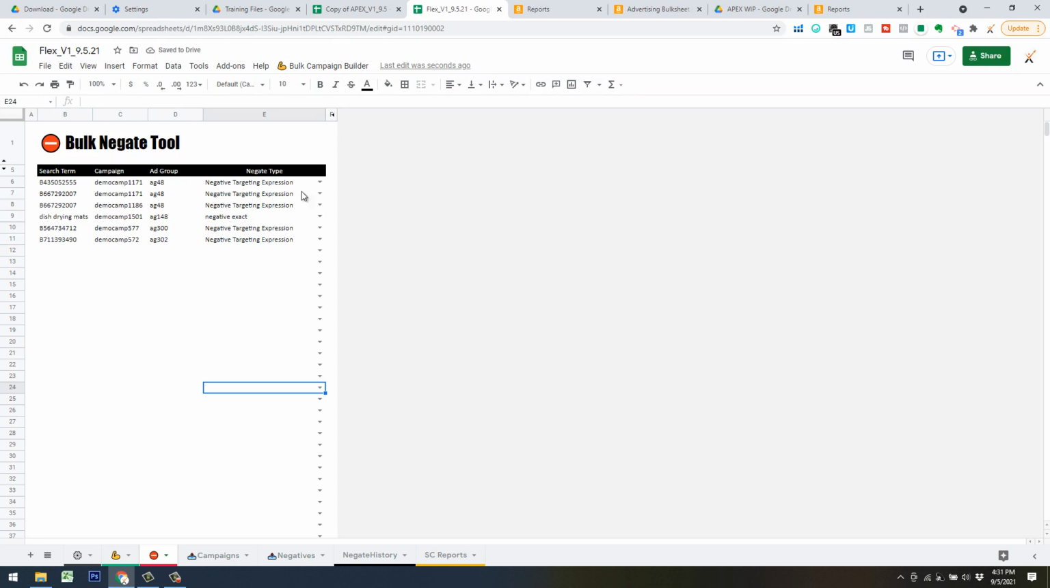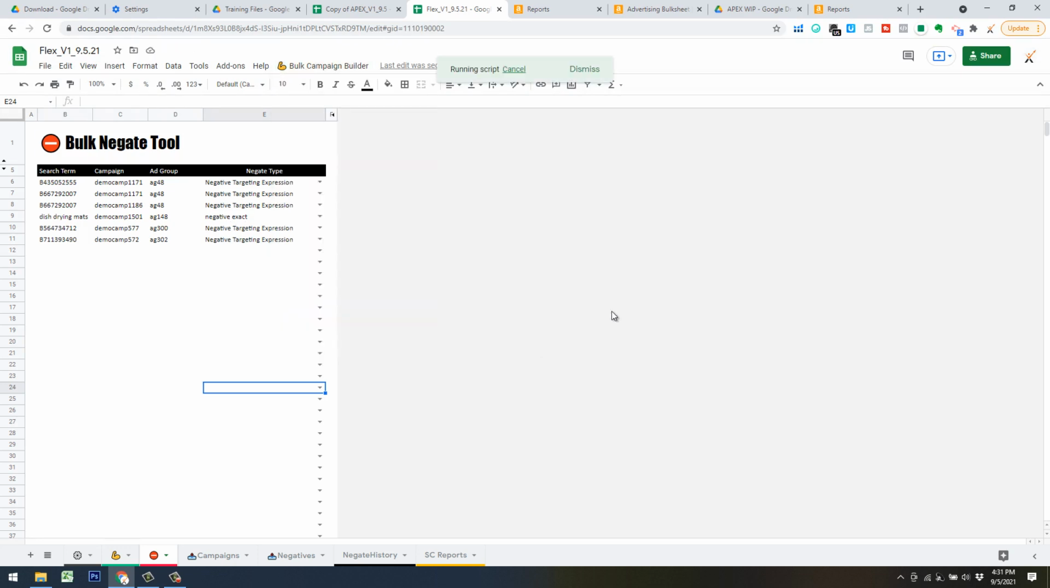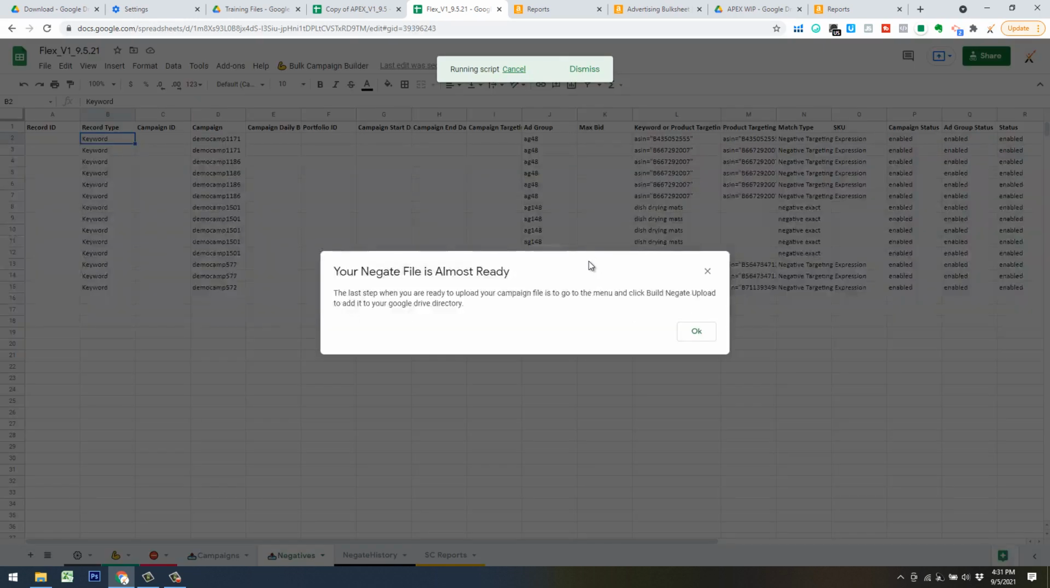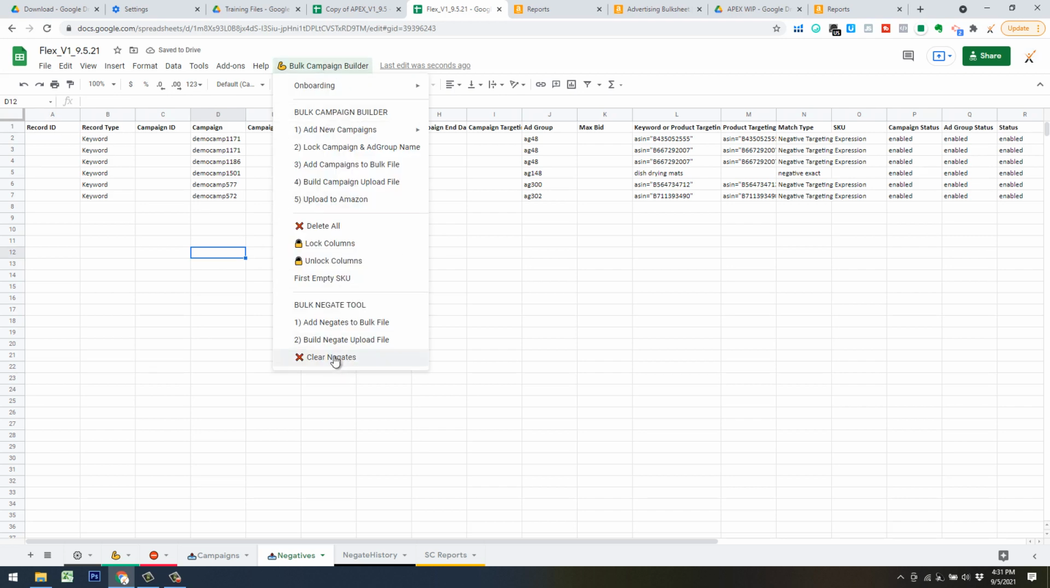So then the last step to build your bulk negate file is to come up here and click add negates to bulk file. This script does take a little bit longer than usual, so hit OK. And there's our new bulk negate file. Now we just come up here, build negate upload file,